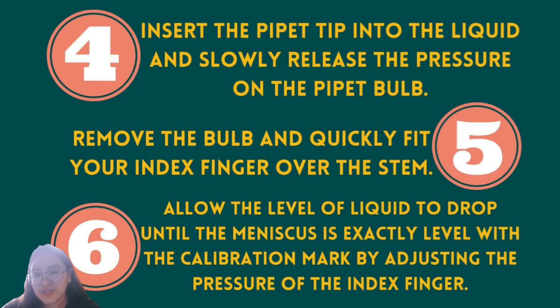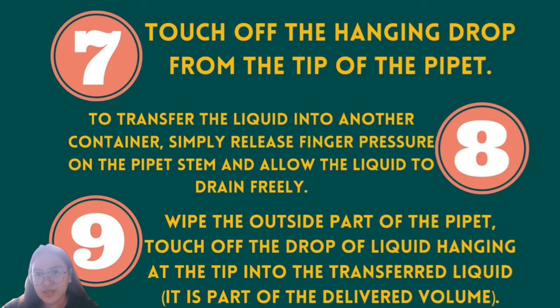Sixth step is to allow the level of liquid to drop until the meniscus is exactly level with the calibration mark by adjusting the pressure of the index finger. Seventh step is to touch off the hanging drop from the tip of the pipette. Eighth, to transfer the liquid into another container, simply release finger pressure on the pipette stem and allow the liquid